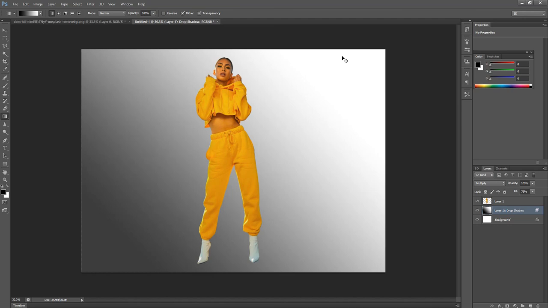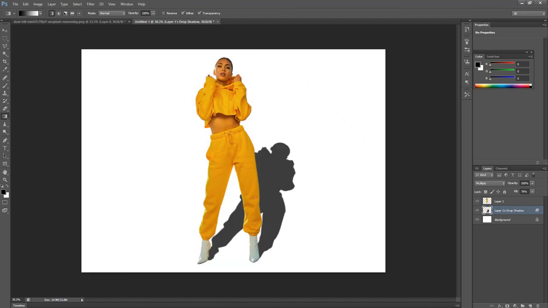So we can press Ctrl+Z. We want to place the gradient on the drop shadow only. So go to the drop shadow layer, select the layer, and here is the option called Lock. We press the lock. Then we again go to the Gradient tool and place the gradient on the drop shadow. Here we click at one place and drag it. So it applies on the drop shadow only. Now it looks a little more realistic.